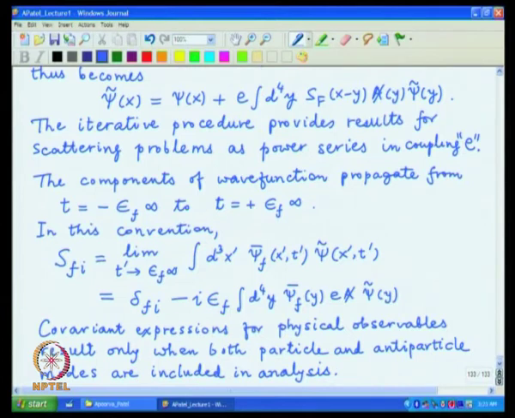The consequence is that if one calculates only one part, saying only the particle contribution, the result will not be following the restrictions of Lorentz invariance, or if just antiparticle is included, the same thing. Both of them are combined together with the appropriate sign changes, and then the total result will be Lorentz covariant, which is our requirement for implementing fully relativistic analysis together with causality.